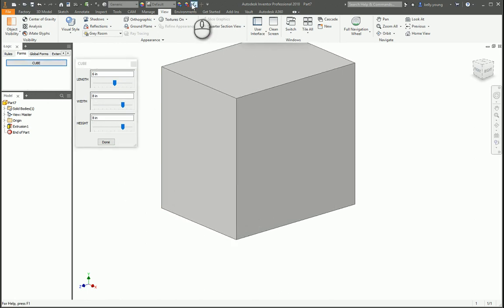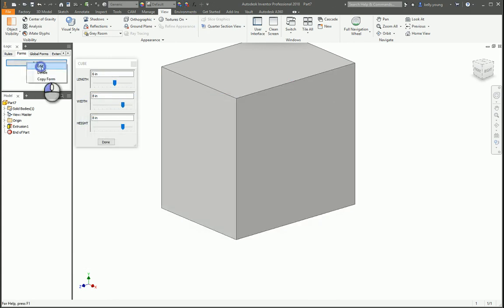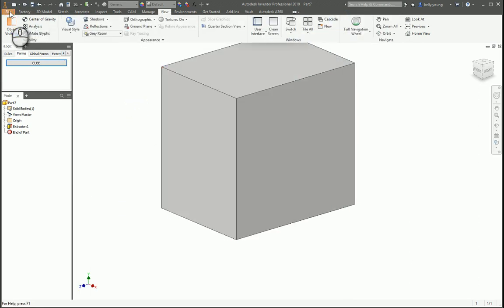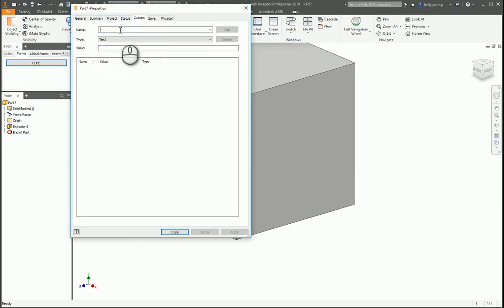You can do that with any parameter, really. Just as long as it is there. When you go to edit, you'll see it here in the parameters, or you can look at your iProperties, your rules. You can set up custom iProperties here and custom. So that way we'd say I want to have a text box of